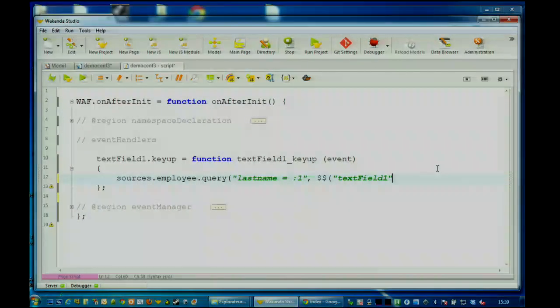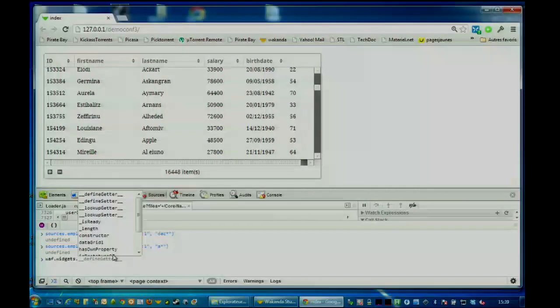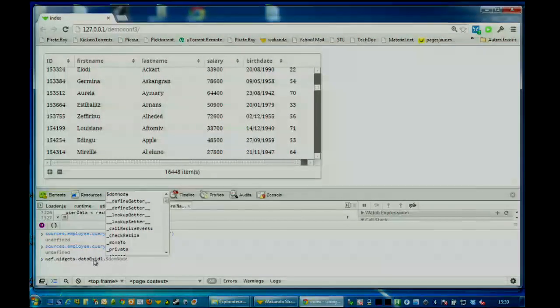In order to avoid having to get the widget from the widget list, I can ask wa.widget to have all the widgets. Here I have my data grid, so I can have my data grid accessible. So this syntax here equals $, data grid 1. It's just a shortcut. And then on my widget,